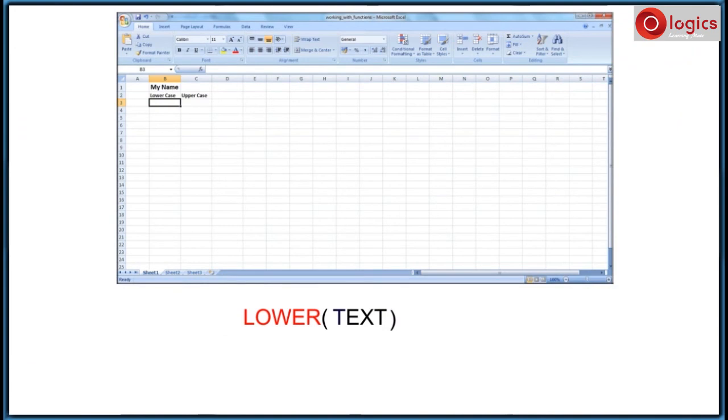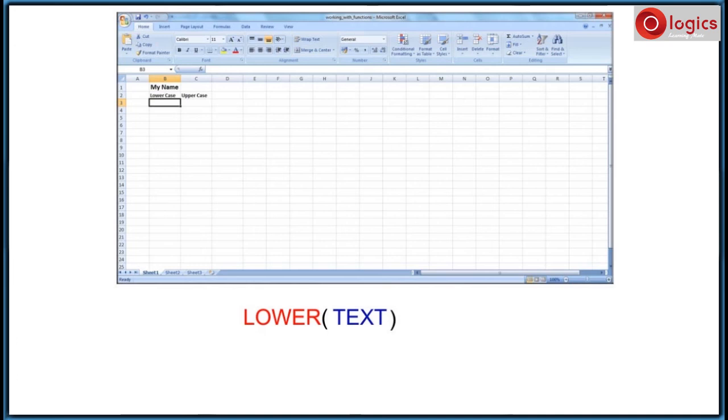How do you convert the given text to lowercase in Excel? In Excel, you have the function LOWER to convert the given text to lowercase. This is my Excel sheet. I have written some text in cell B1 which I would like to convert into lowercase.